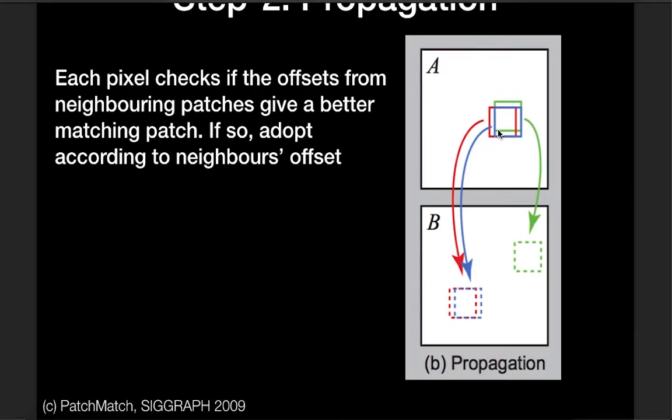So initially it was assigned to all random neighbors. Now slowly the information is propagating so that they get assigned to the correct neighbors, right? So this is the propagation step. And then once this is over,